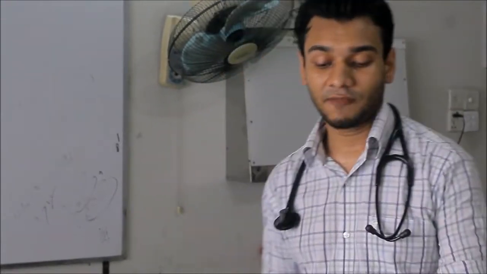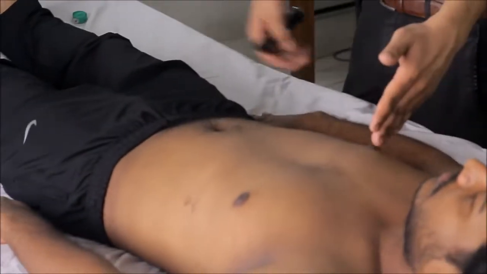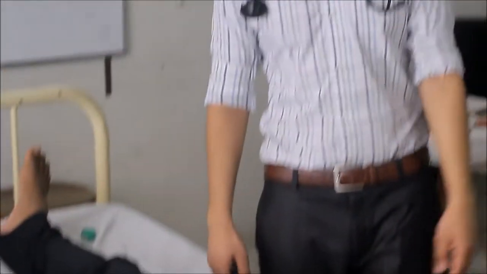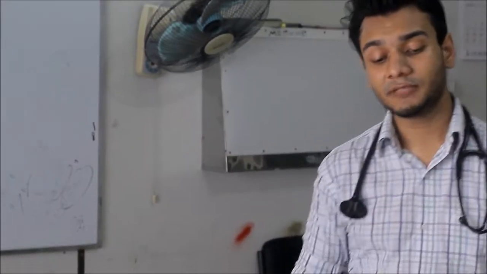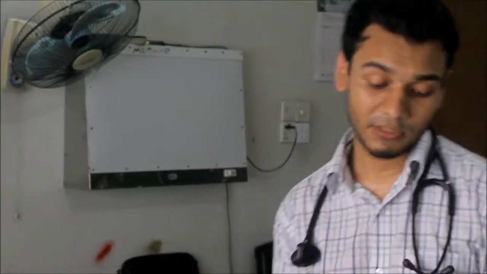In abdomen examination, you have to expose from mid chest to mid thigh. I have already taken his consent, and now I start the examination. For oral cavity inspection, you inspect the lip. There may be pigmentation in the lip, which you may see in case of Peutz-Jeghers syndrome or familial adenomatous polyposis coli. And then you inspect the oral cavity. Please open your mouth.